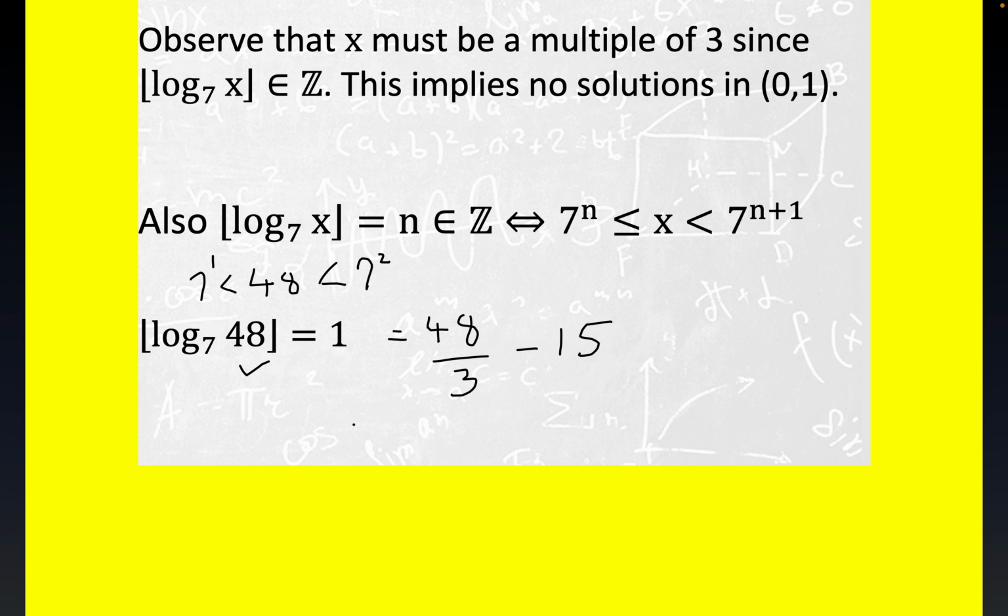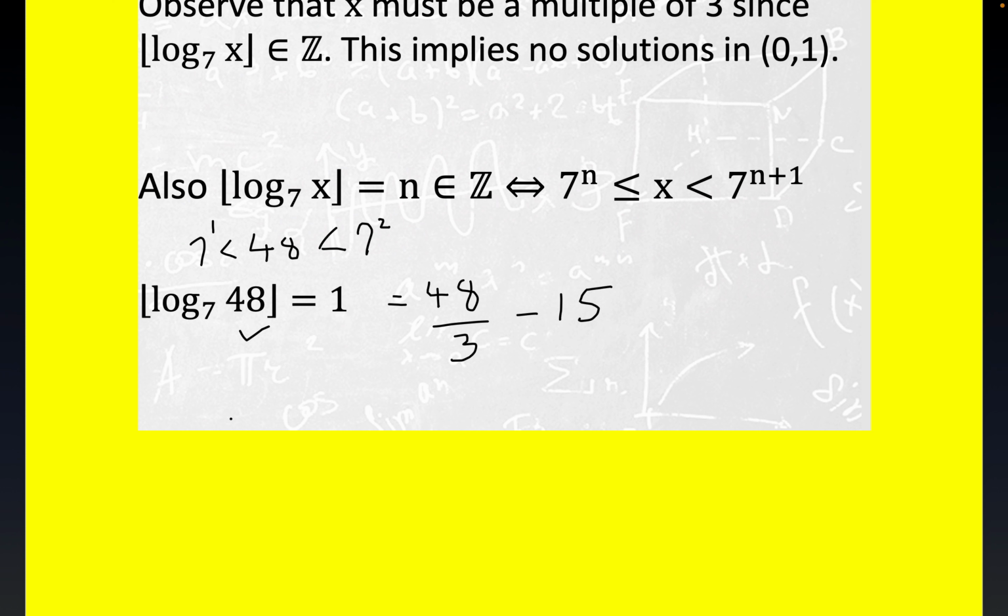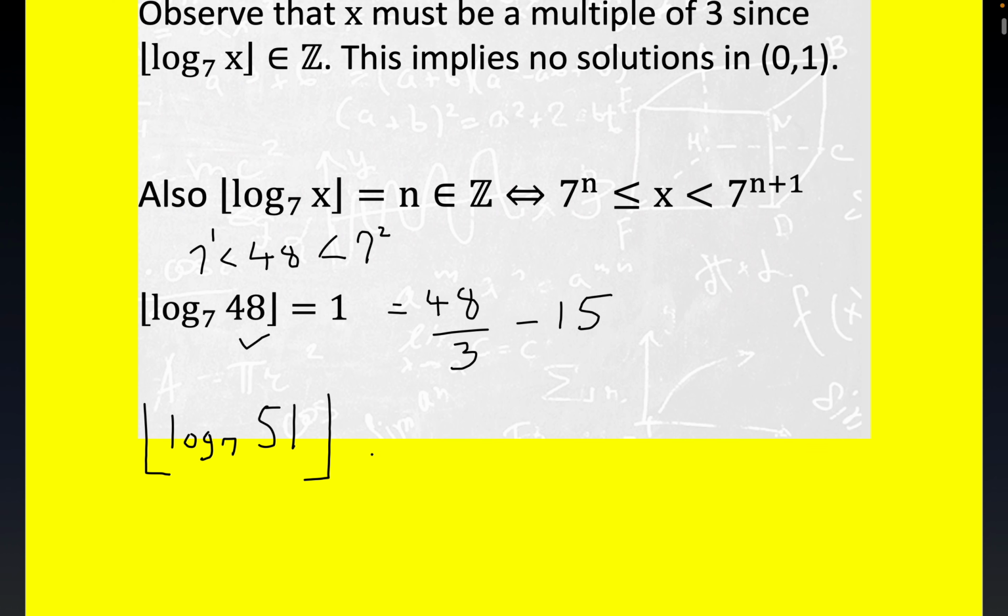The linear equation has a unique solution, right? So let's take a look at the very next multiple, okay? We could try log base 7. The very next multiple would be 51, right? Now notice 51 is larger than 49. All right, and so this is equal to 2,